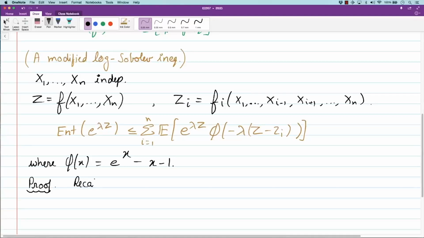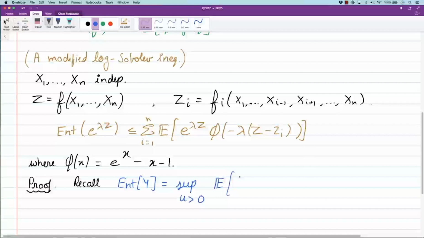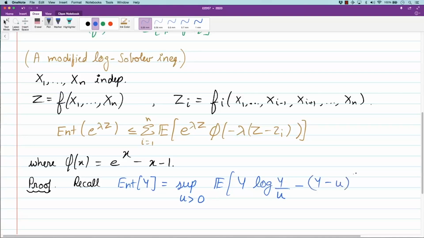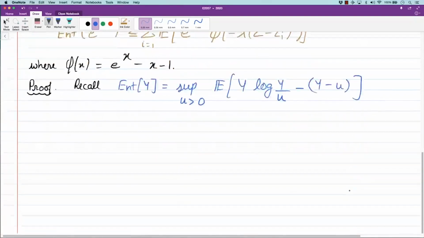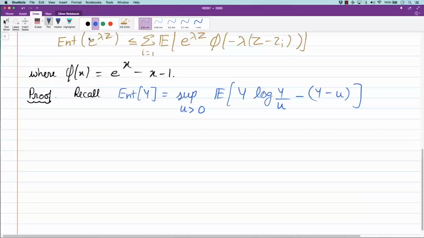Recall that the entropy of a non-negative random variable Y can be expressed as the sup over u greater than 0 of the expected value of Y log(Y/u) minus (Y minus u). This is the formula we saw in the last class. Also, this tensorization formula for entropy,